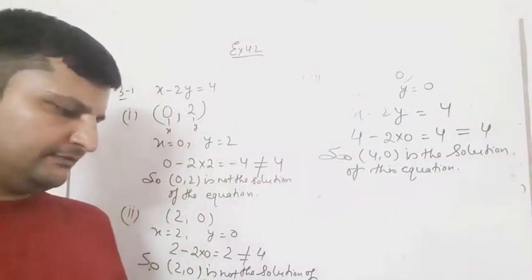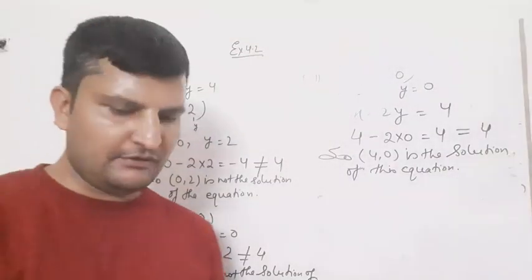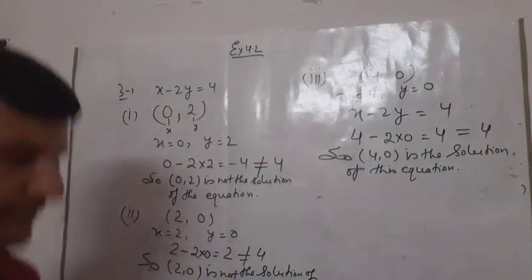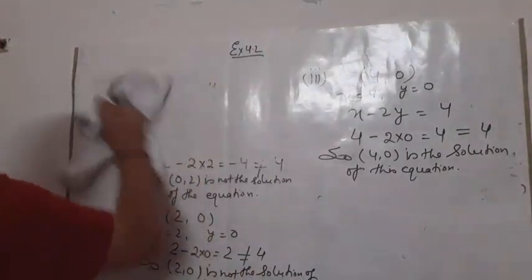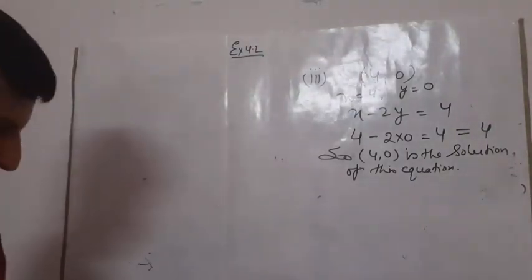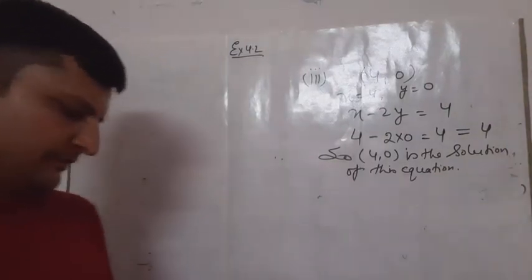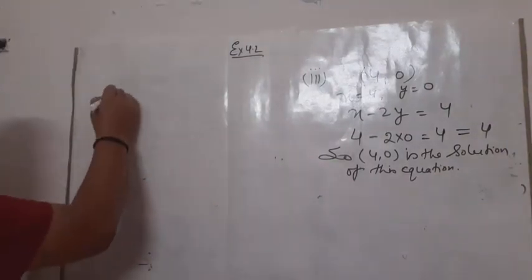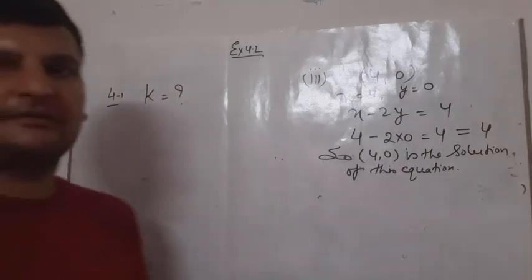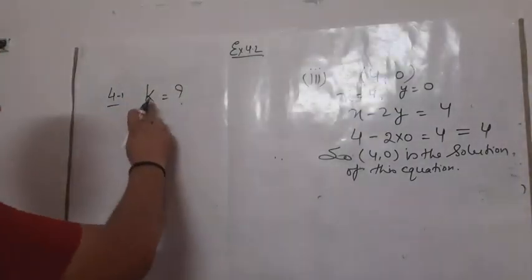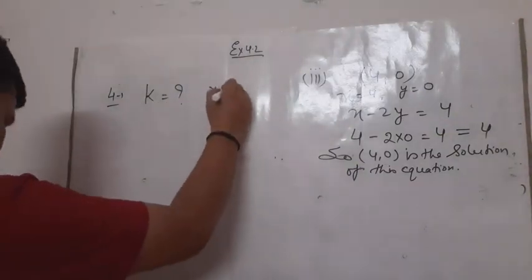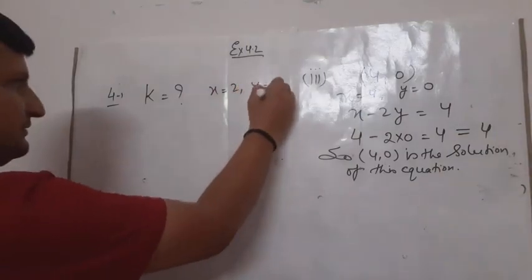Question number 4 is find the value of k. We can do it like this. In question number 4, we have to find the value of k. Find the value of k means we have to find the value of k here. So we put k is equal to question mark, and what is given is that if x is equal to 2 and y is equal to 1